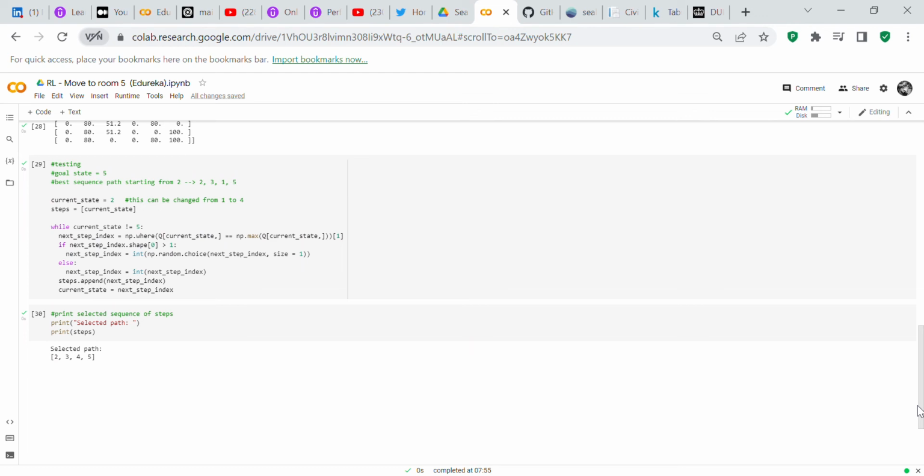So I set it up. You can set it up for any number between 1 and 4, or you can even set it up for 5 if you wanted to. I set it up for 2 because 2 gives you the most paths that it has to follow. But if you want to set it up for 1 or 3 or 4 or even 5, you can. So current state equals 2, steps equals [current state], while current state does not equal 5: